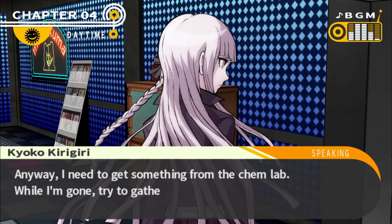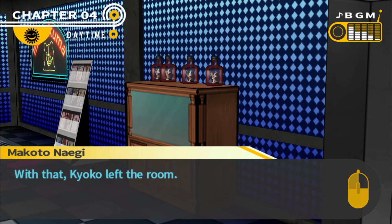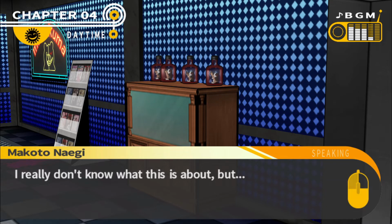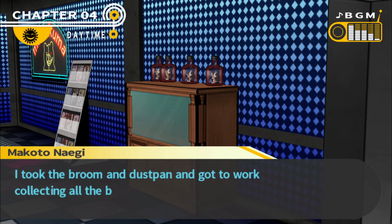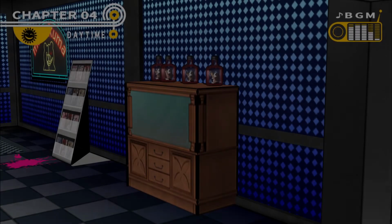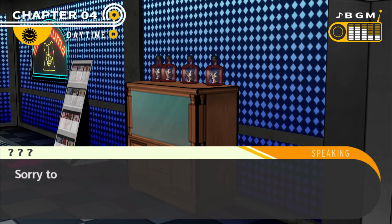Anyway, I need to get something from the chem lab. While I'm gone, try to gather up all the glass. With that, Kyoko left the room. I really don't know what this is about, but... What choice do I have? I better just do it. I took the broom and dustpan and got to work collecting all the broken bottle pieces. And just as I finished up...